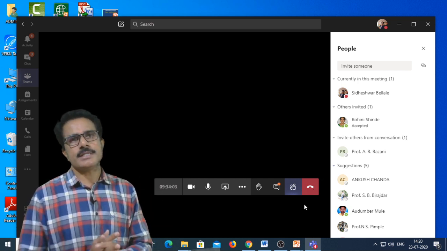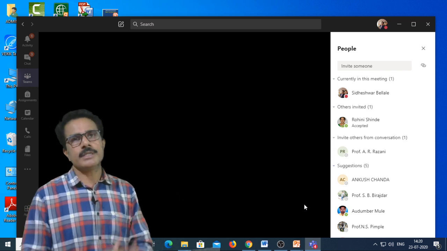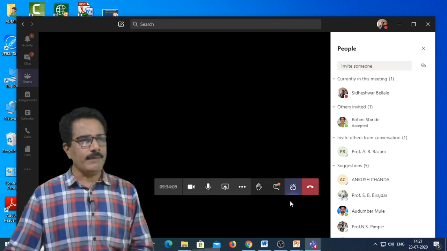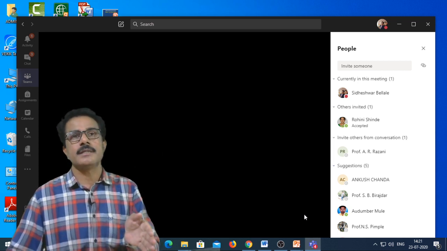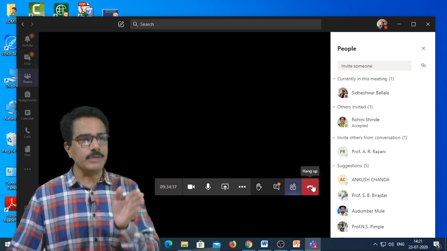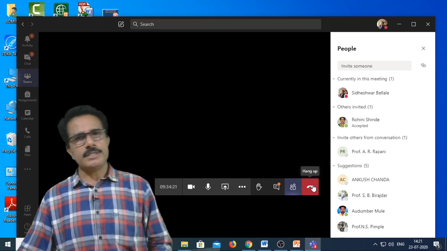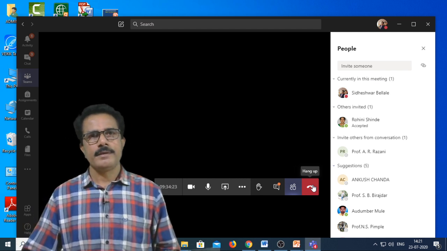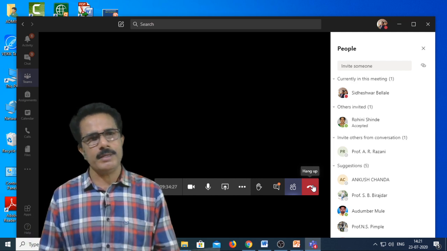This is the process how to present the research paper in this conference by using Microsoft Teams. After the completion of the papers, after the completion of the meetings, after completion of the session, you can leave by hanging up. Okay, this is the total process how to present the research paper in this conference by using Microsoft Teams.